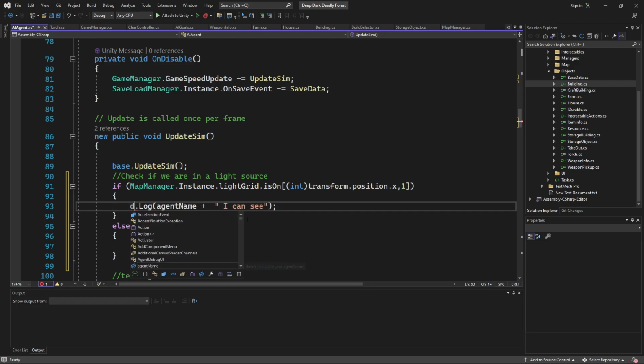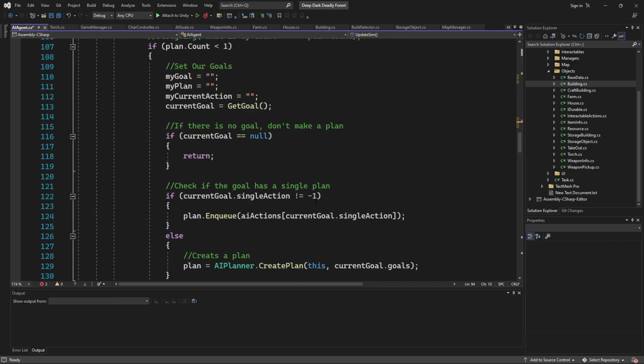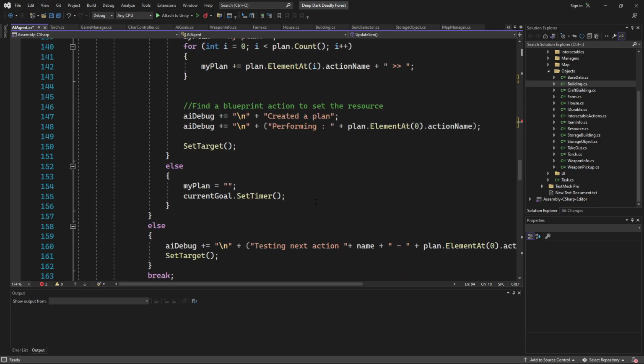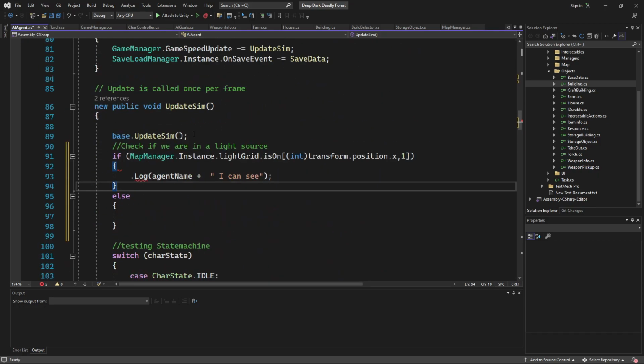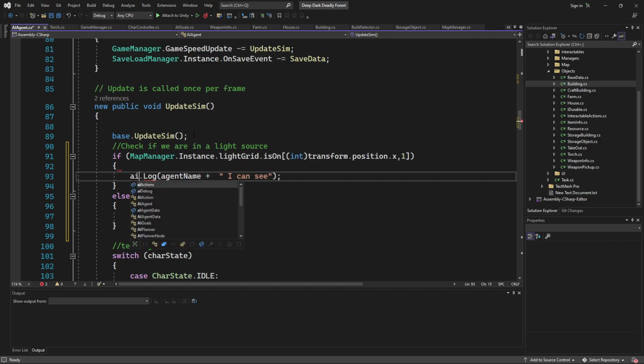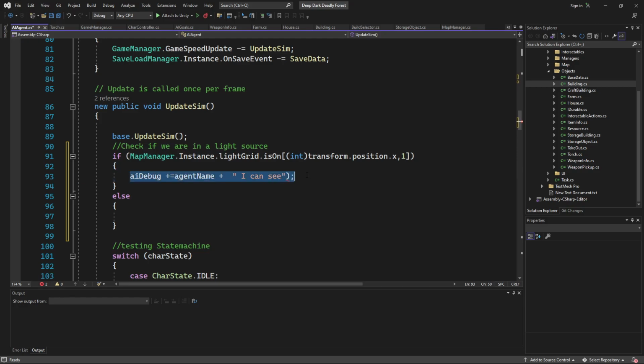Don't I have like a debug? I thought I had AI debug. Let's just send it to the AI debug. AI debug plus equals to this, not log. And Control C, let's add it here. "I cannot see." So it's going to spam the